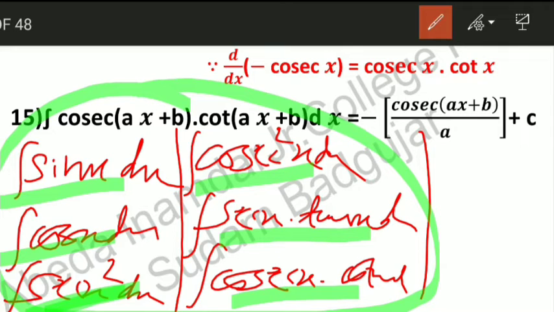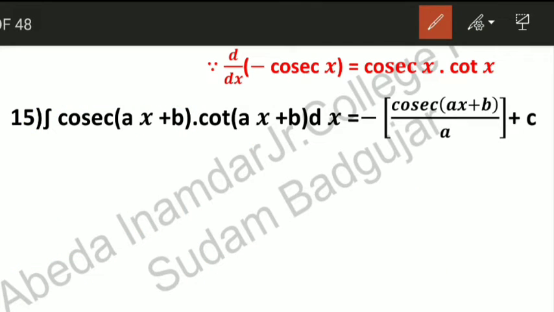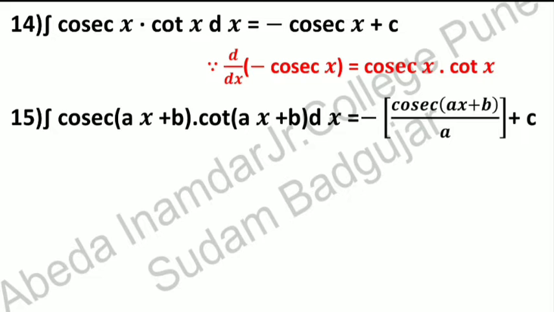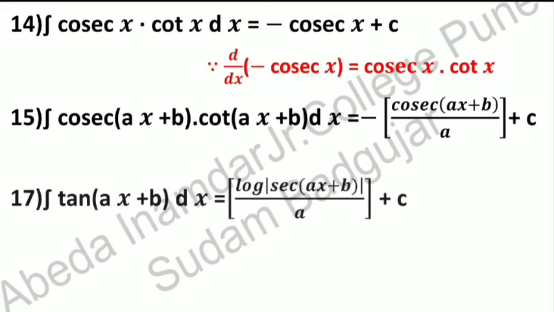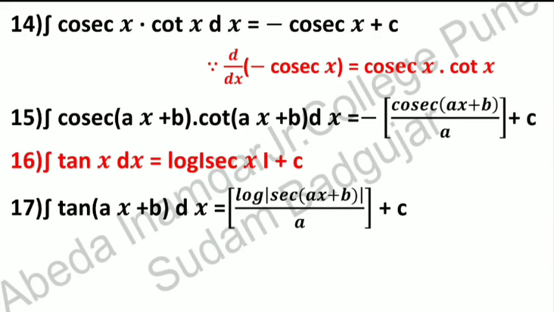See, these are 6 and 4 more, that is integration of tan x, integration of cot x, integration of sec x, integration of cosec x. So you must remember integration of tan x, cot x for derivation also. So here integration of tan x is equal to log of sec x plus c. If you take the derivative of the RHS, you will get tan x, but we have to prove that.